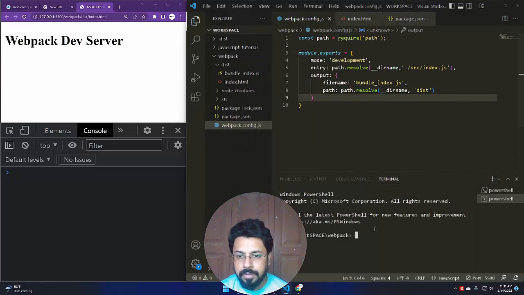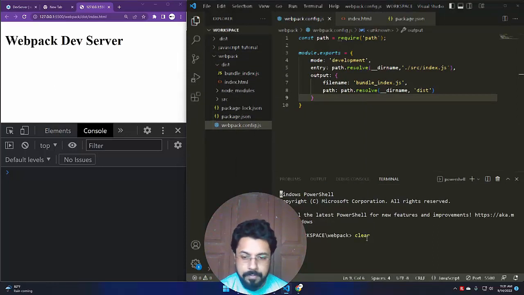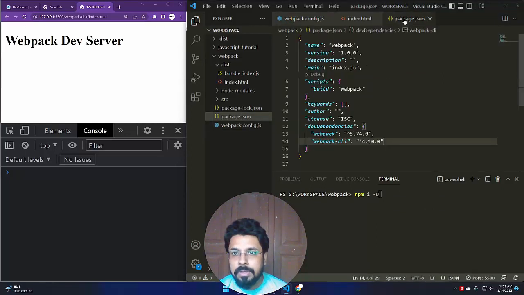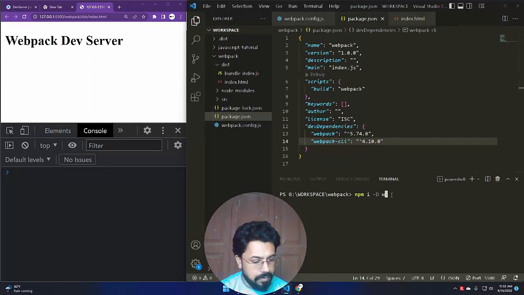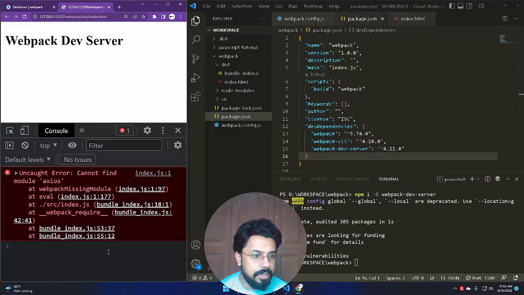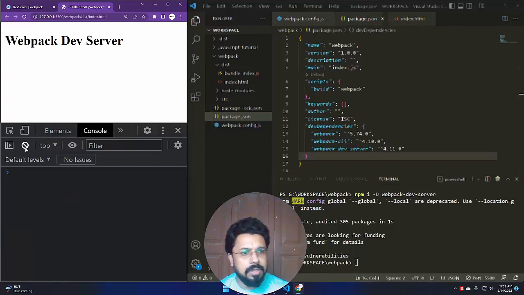Let's install this as a dev dependency, Webpack Dev Server. You can go through the documentation itself, and you can check